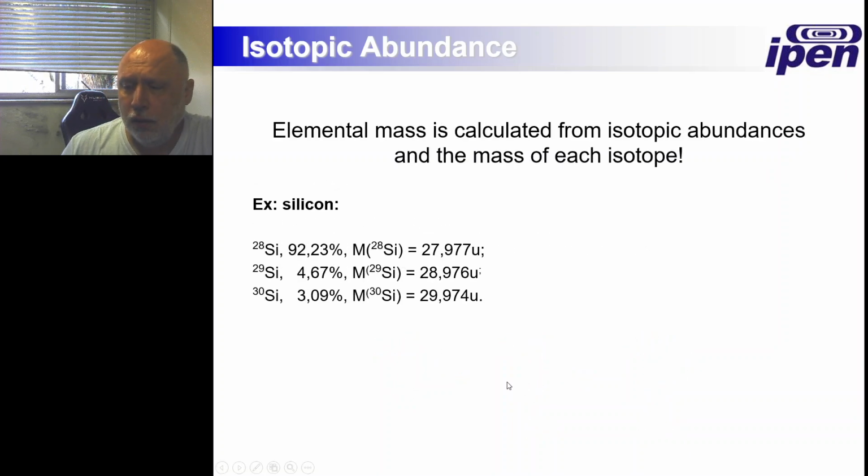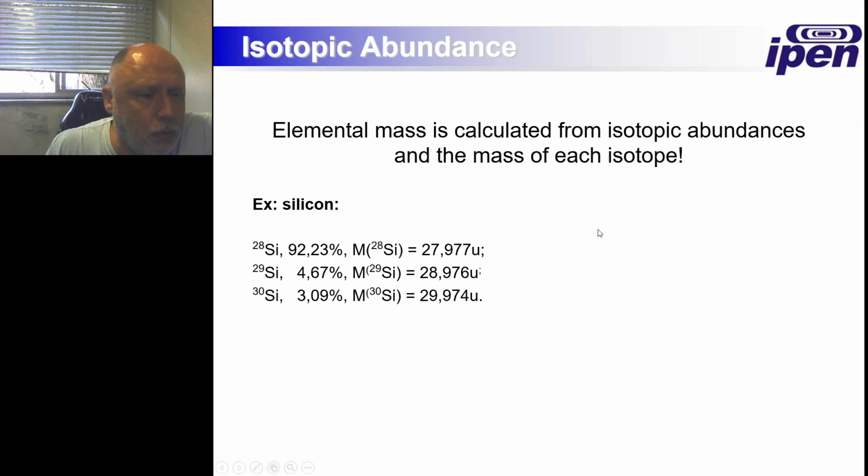And then if we just do some calculation, let's take silicon. Silicon exists in nature in 3 natural forms: silicon 28, 29, and 30, and these are the isotopic abundances. Each nuclide has its own mass, if you calculate, right? So this is the one for silicon 28, this is the one for silicon 29, and this is the one for silicon 30. And I'll define these units later. Just think of it as units, right? It's what in chemistry in school we learn as atomic mass unit.